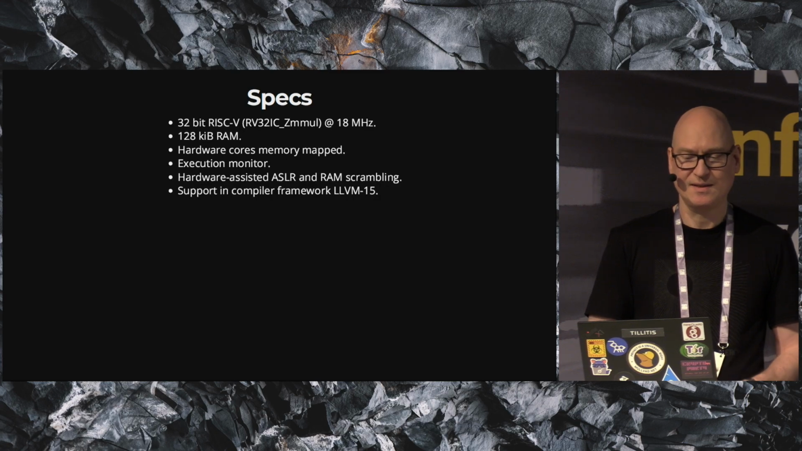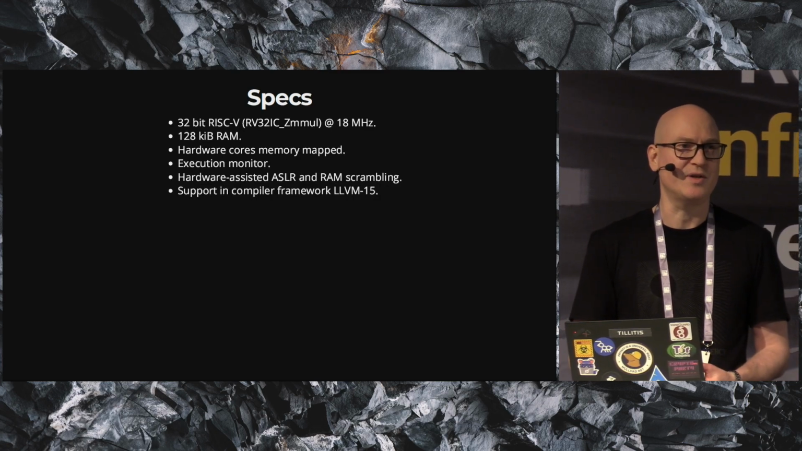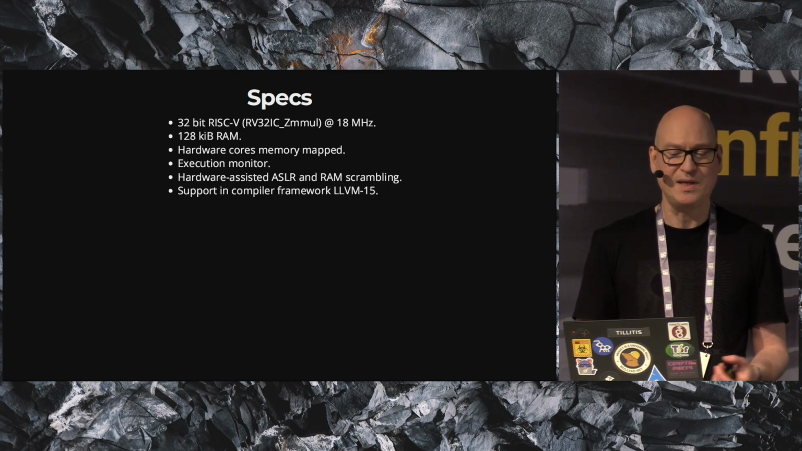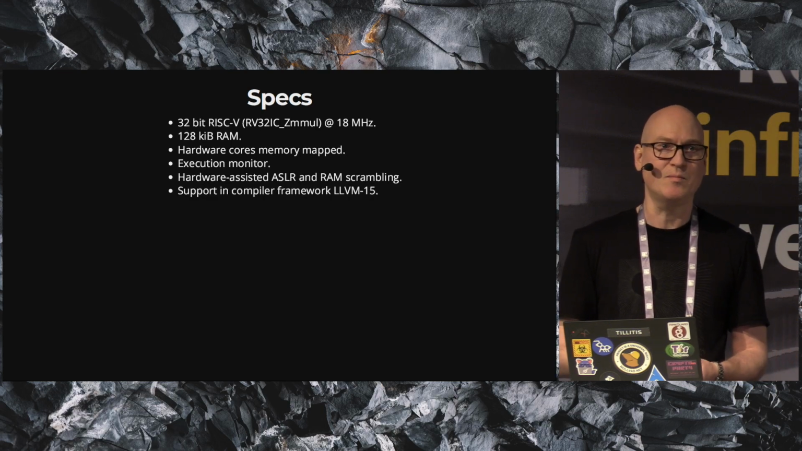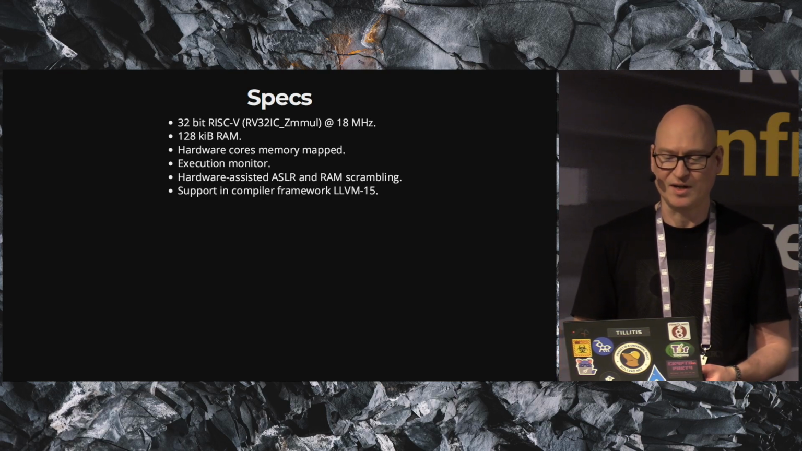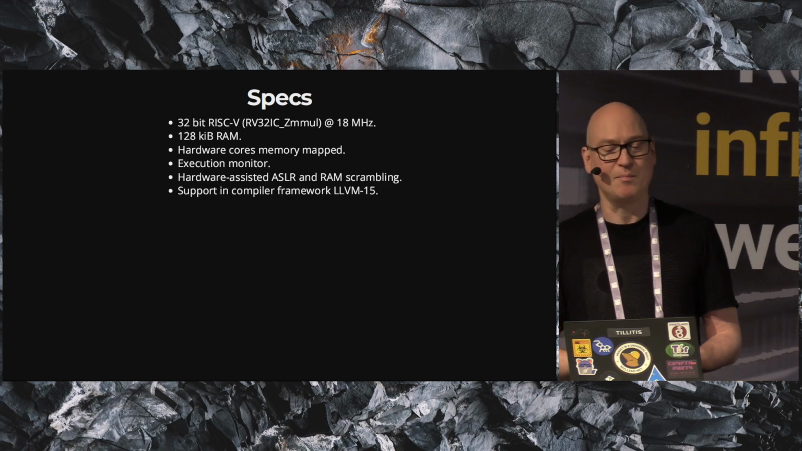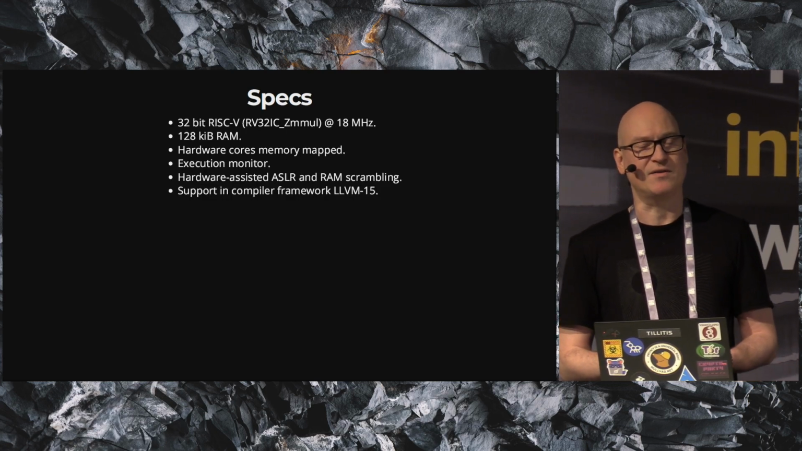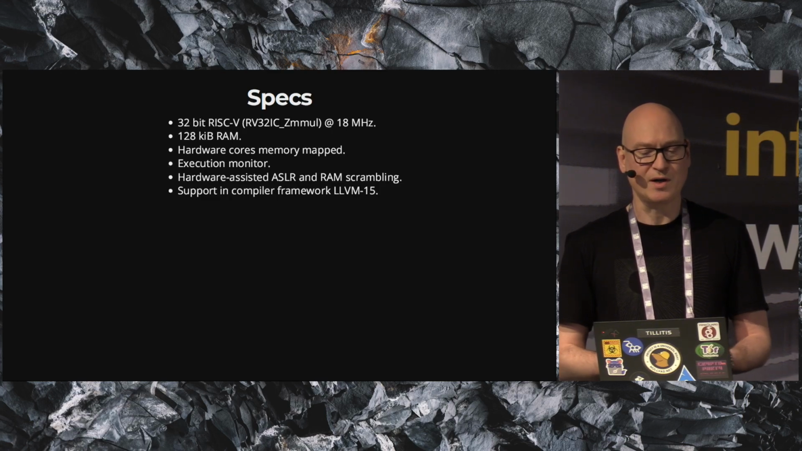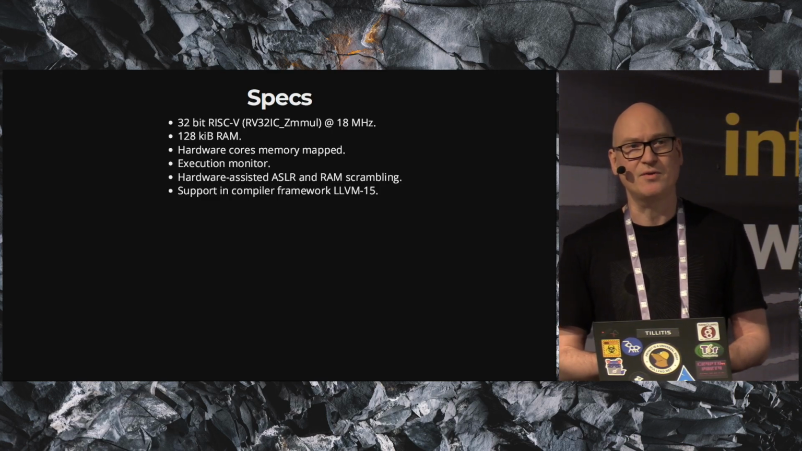Some specs. The CPU is a 32-bit RISC-V. We use Clairvolt's PicoRV32 with multiplication, but without division. It runs at 18 megahertz. We have 128 kilobytes of RAM for the TKey programs to run in, and currently our biggest program is about 27 kilobytes of text. All the hardware cores I just talked about are memory mapped, so they can be reached